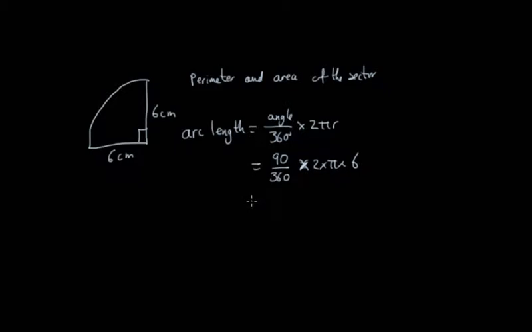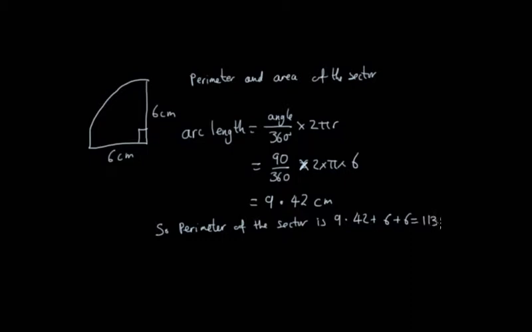So if we do all of that, we will get 9.42 centimetres. So the perimeter of the sector is 9.42 plus 6, we've add these lengths on, which gives us